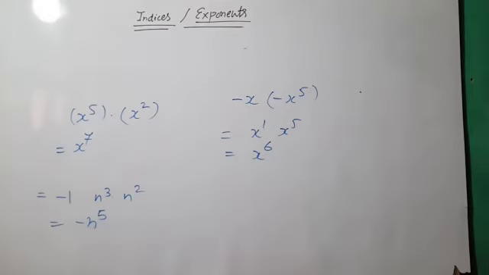Similarly, in the sixth part, x plus 2 whole squared plus x plus 2 to the power 4. So x plus 2 to the power 6. Now the seventh part: 2m minus 3n multiplied with 2m minus 3n. So you just have to add the powers. 6a plus 3a, 9a, and 10b minus 2b, that is 8b. Similarly, you have to do the eighth part. Now question number two.